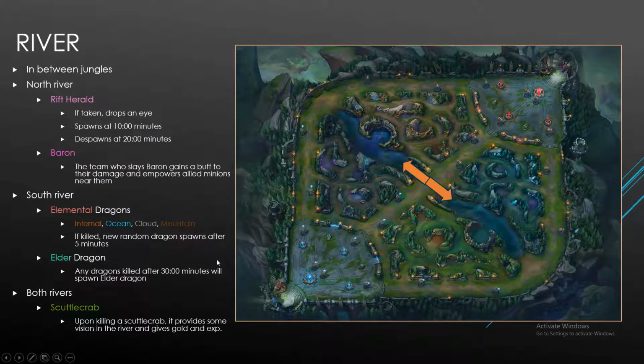So the river is in between these jungles, very easily visible on the map. And there's a difference between the North and the South River. And this is probably the biggest difference on the map in terms of just the map not being mirrored perfectly, and there being some advantages to each side. Basically, in the North River, this pit here